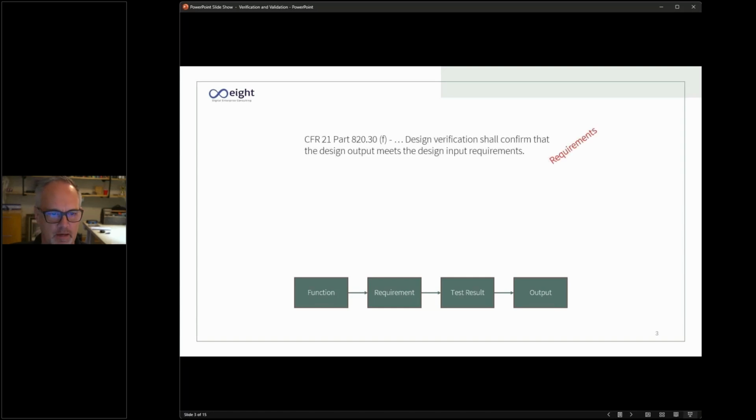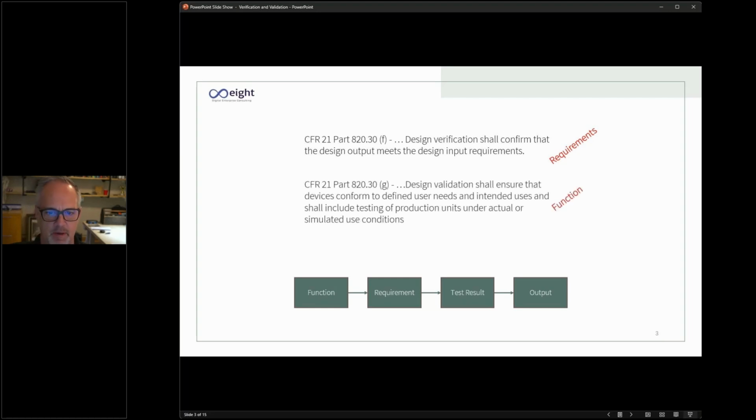When we talk about the CFRs, 820.30(f) is where design verification comes from. This is really the requirements piece of it, where it says we shall confirm the design output meets the design input requirements. That's requirements. But I would